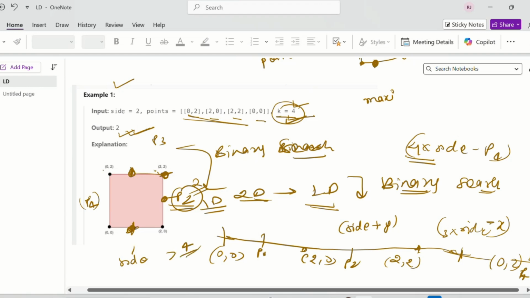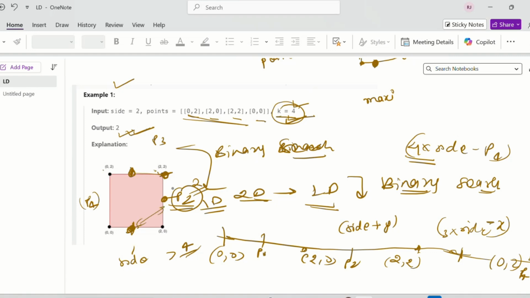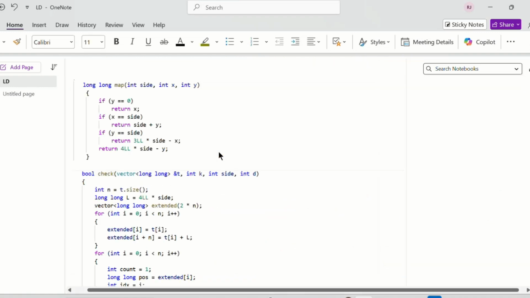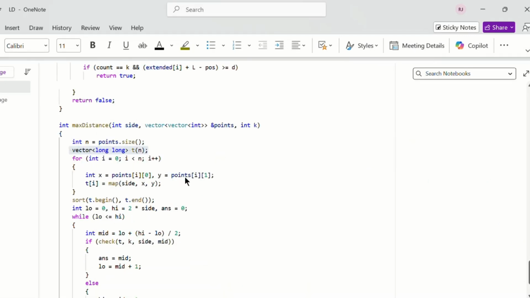So I can choose this distance, then calculate this distance. But how can I calculate this distance? Because of the rounded distance, we can simply add one condition to check this distance also. We can see more in our solution. So we will look into the solution.